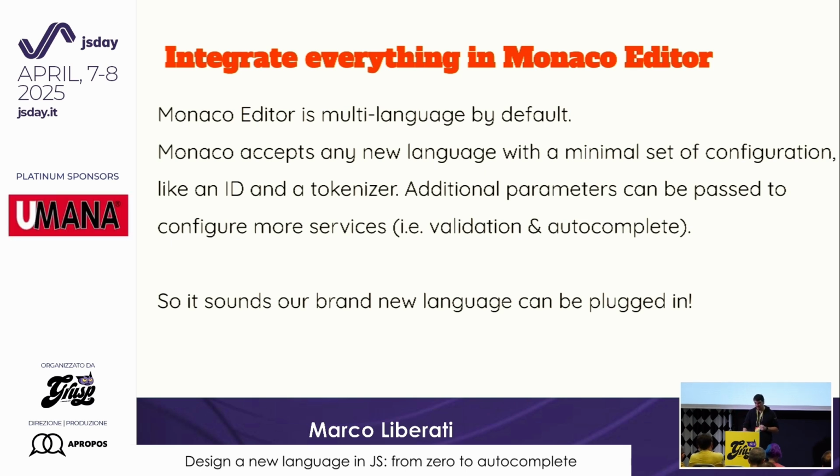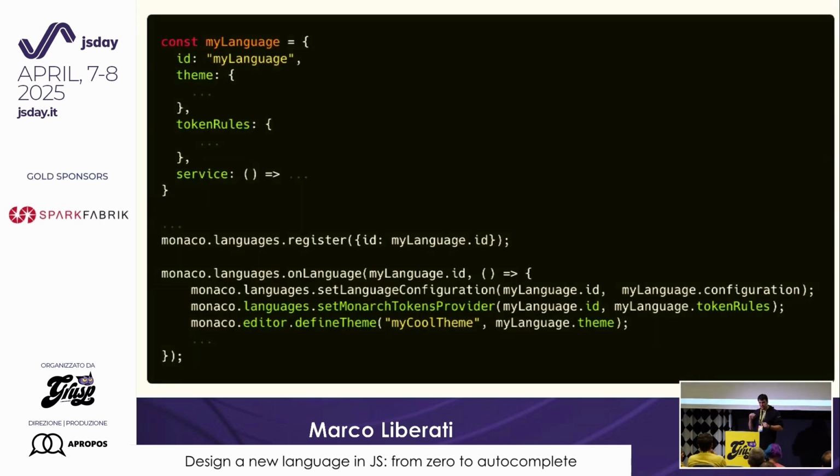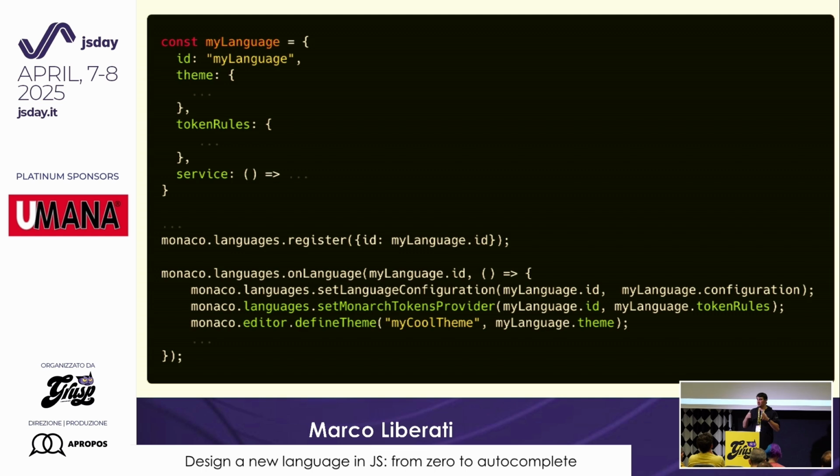So it sounds like a great place to integrate our new language. Okay, I will just show very brief scaffolding of how to integrate in Monaco. You can see the first object, it's just a very shallow definition of my language. Some themes, if we want to use some custom colors. Token rule is the tokenizer. So we explained that when you meet a string with round brackets, that's a function. Let's color it in pink. And then we got a function called service or services, whatever, where you return all the services